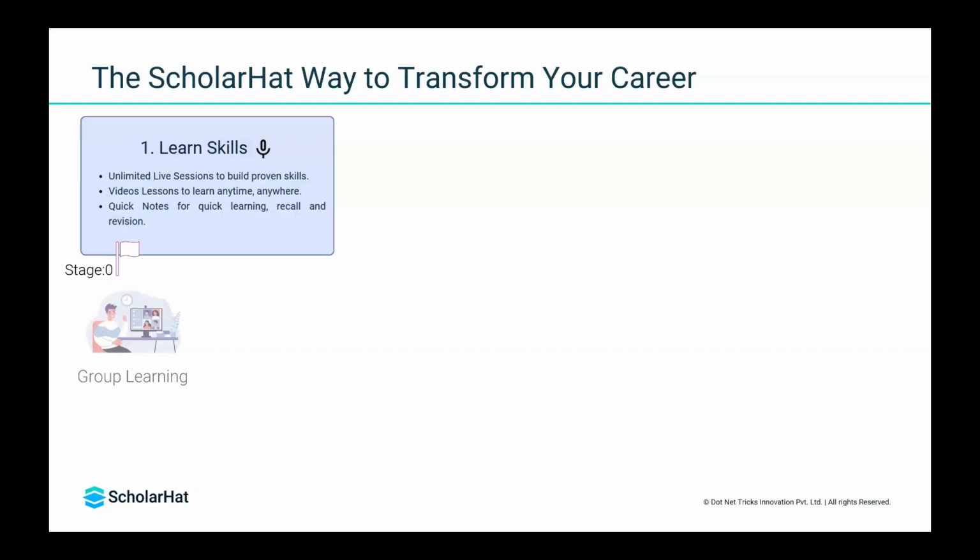You are going to get the recording of each live session because of course, for everything you are joining, you cannot recall it all, so you have to revisit it. For that purpose, you get the recording of each session. For quick revision, we have notes as well, because when it comes to revision and learning, notes are an important part that you also get from us. So this is stage one, where you learn live through unlimited live sessions for 1 year. Focus should be on learning. For revision, you get the recordings and the quick notes.